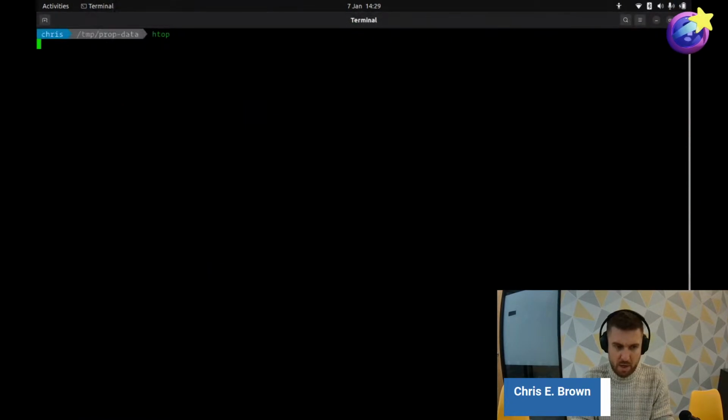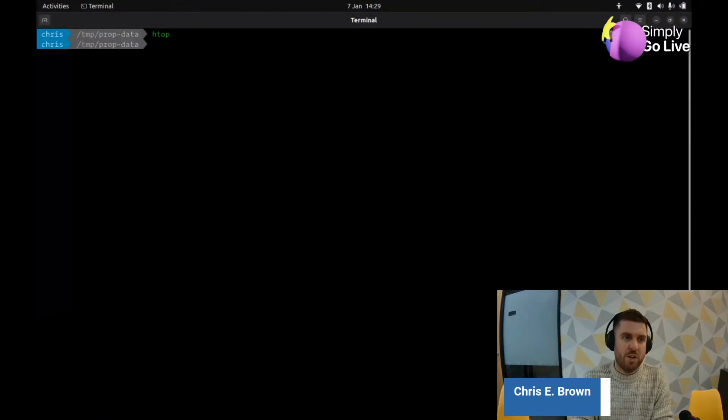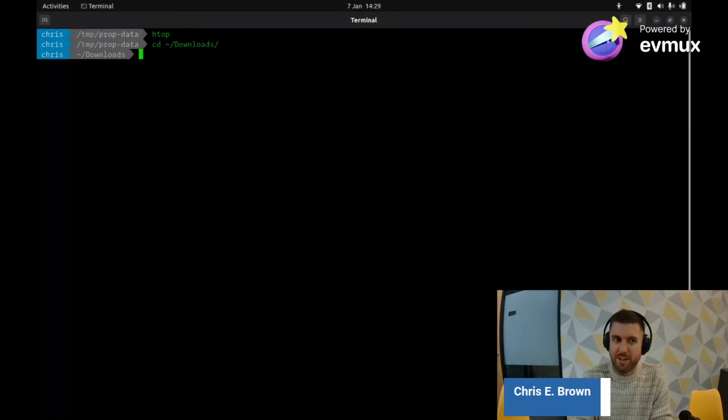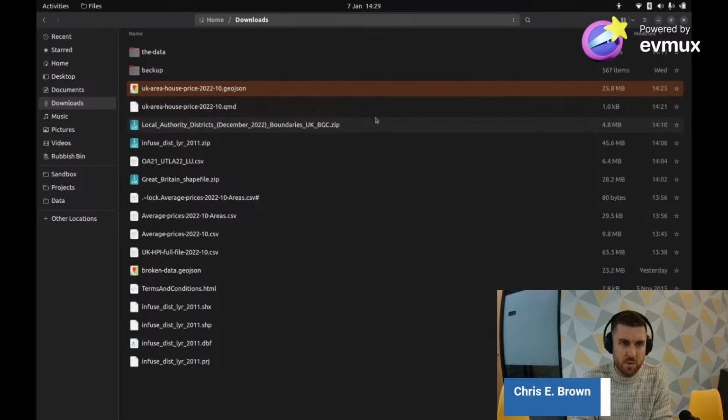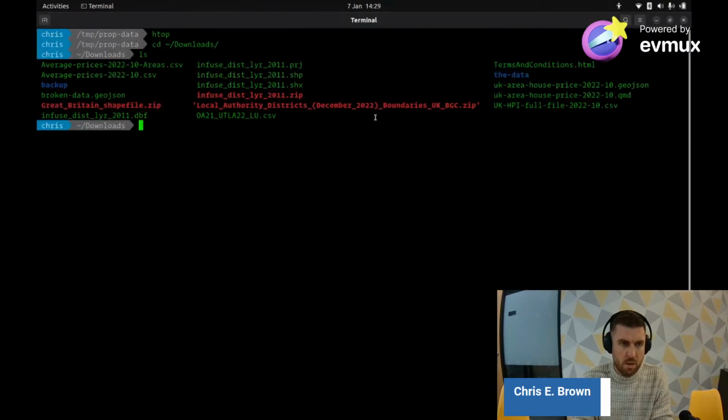Actually, I'm just going to look at the end of the file. I'm going to do a little Linux trick here. Average house prices. What was it called again? UK area house prices. So we're just going to have a look at the end of the file, the last 100 lines, and look at the geometry. I suspect that what's happened is it doesn't contain lat long coordinates. QGIS has changed the